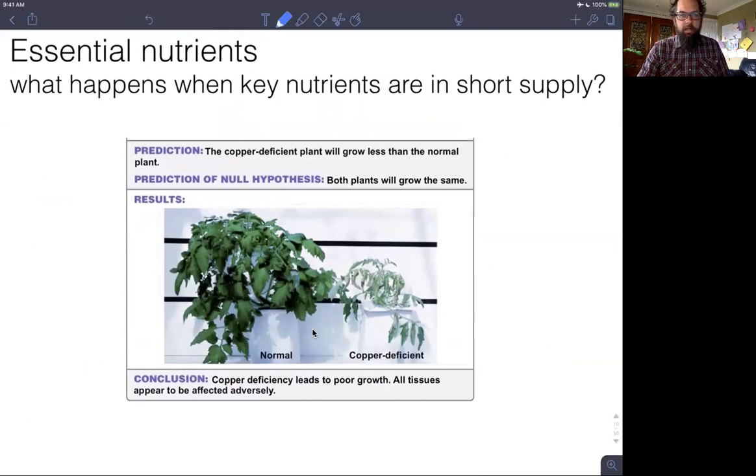And so here's some photographs of actual plants. Here's a normal plant grown hydroponically. This is a tomato plant where it has all of the essential nutrients available in that hydroponic solution, and then a copper deficient solution. And we see that we get poor growth in all tissues associated with this. And so those copper deficient plants had stunted growth,